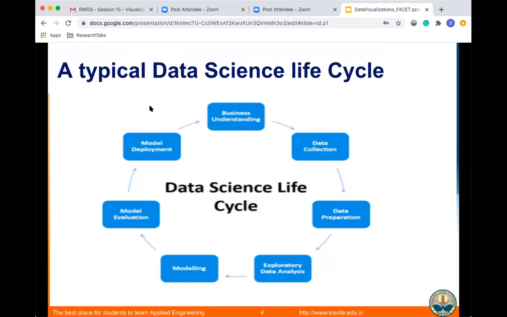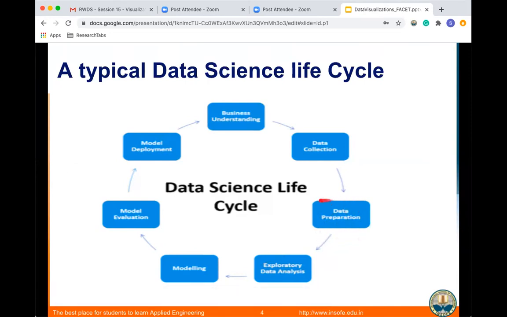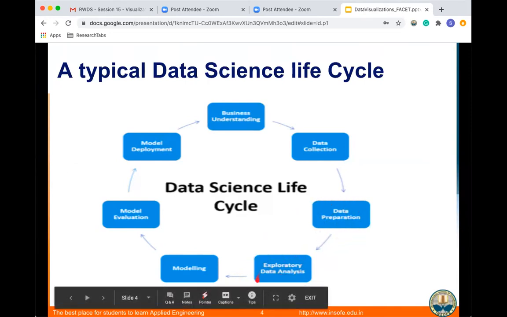Assume I'm collecting that kind of data. After the data collection is done, you prepare the data in terms of rows and columns, and then you have to understand the data in the form of exploratory data analysis. This is what you told me: understand the data, analyze the data, go through it and find insights.